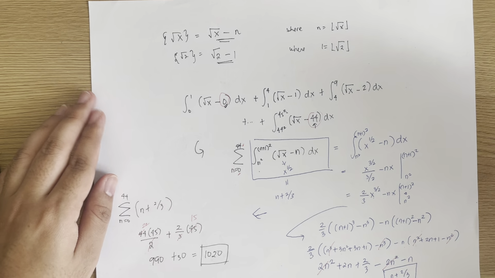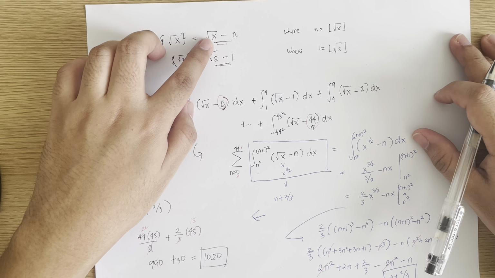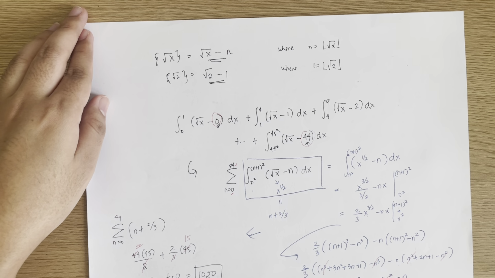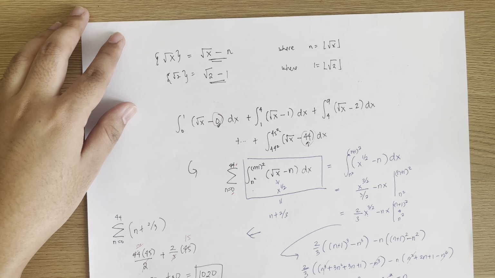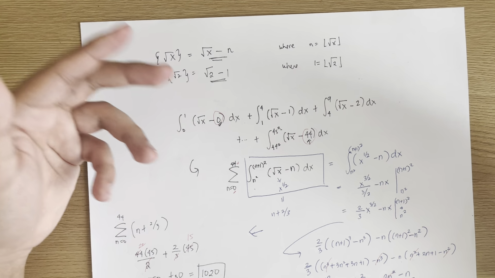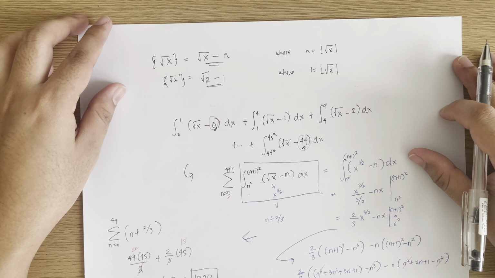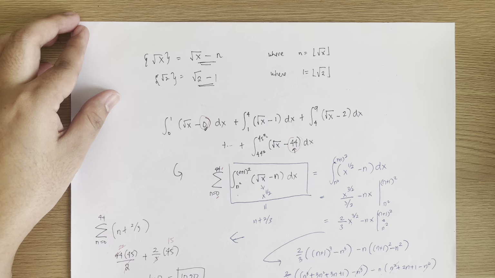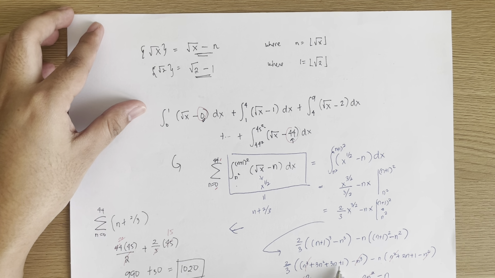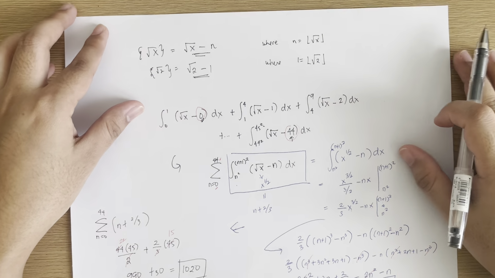Again, what we did here is we just expressed the fractional part function in terms of x and the floor of square root of x, like what we did earlier in the introduction of the floor function. And then eventually we evaluated from n squared to n plus 1 squared and then summed them up from 0 to 44. I hope that's clear. The only tedious part here is evaluating this polynomial operations right here. Other than that, it should be doable in 2 minutes.